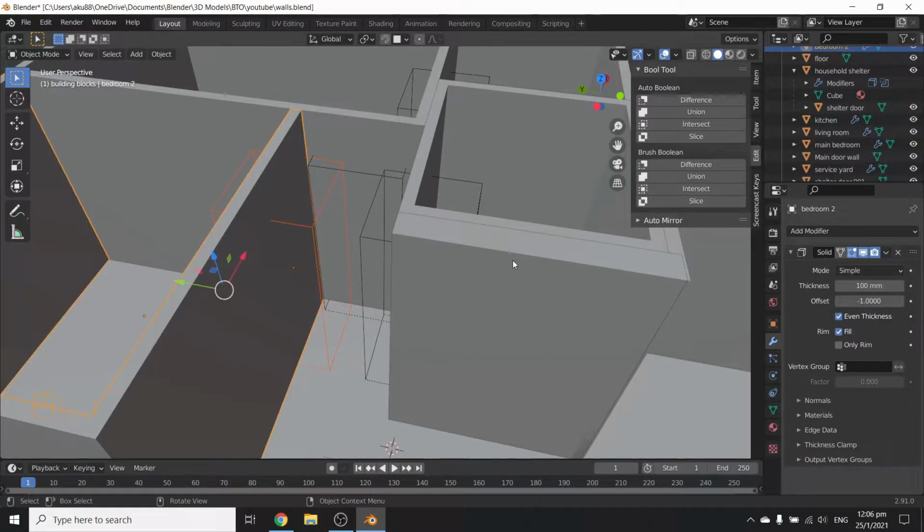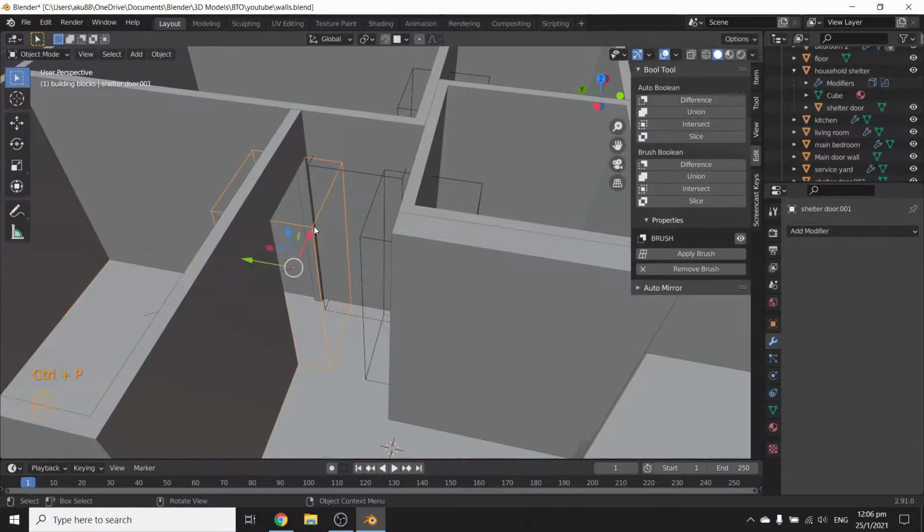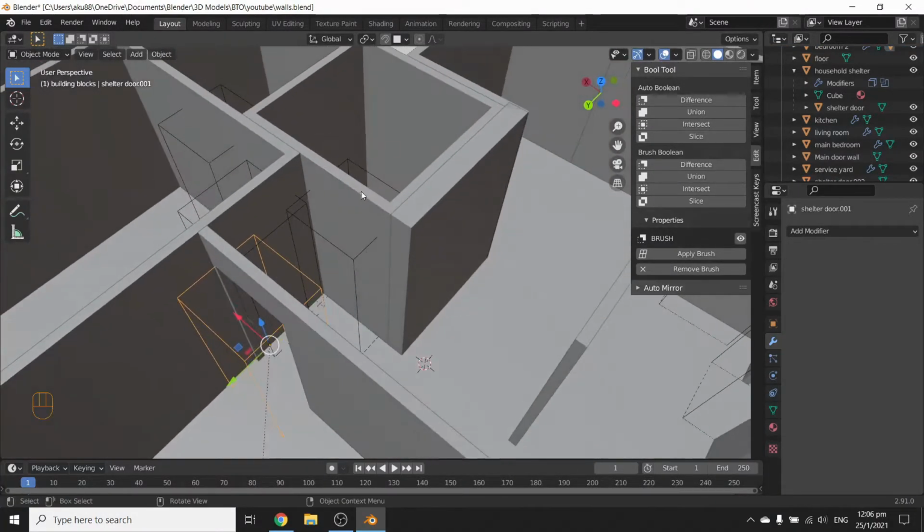So select the cube, select the room. With edit mode in bool tool selected, you can press the N key if you don't see it. Select difference. Since both are already selected, if it's not, you can select both of them again, Ctrl P, set parent,